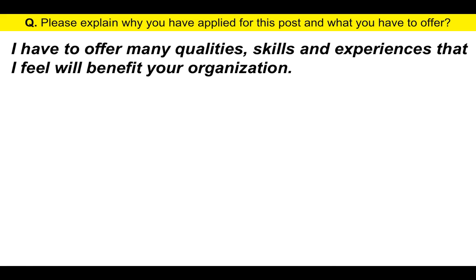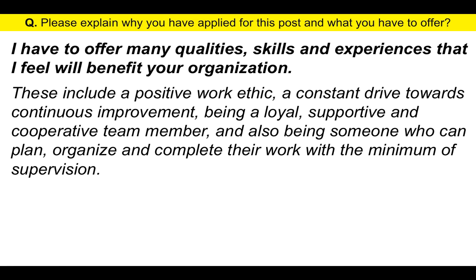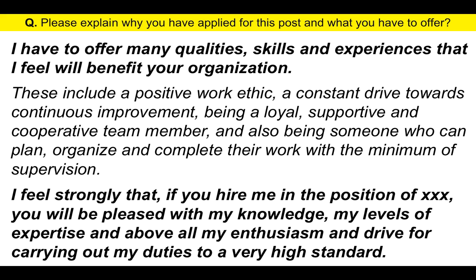I have many quality skills and experiences that I feel will benefit your organisation. These include a positive work ethic, a constant drive towards continuous improvement, being a loyal, supportive and cooperative team member, and also being someone who can plan, organise and complete their work with the minimum of supervision. I feel strongly that if you hire me in the position of XXX, you will be pleased with my knowledge,